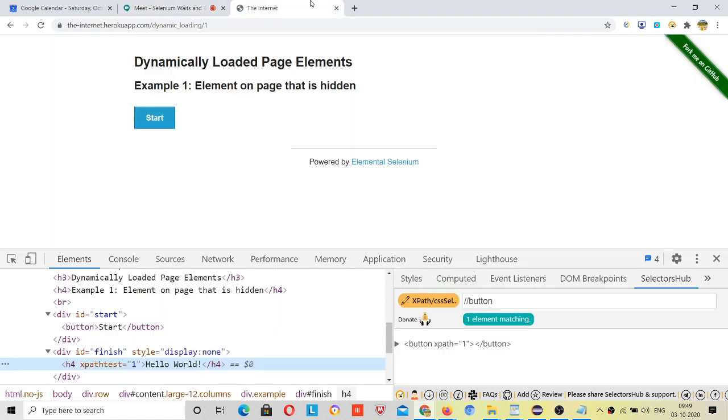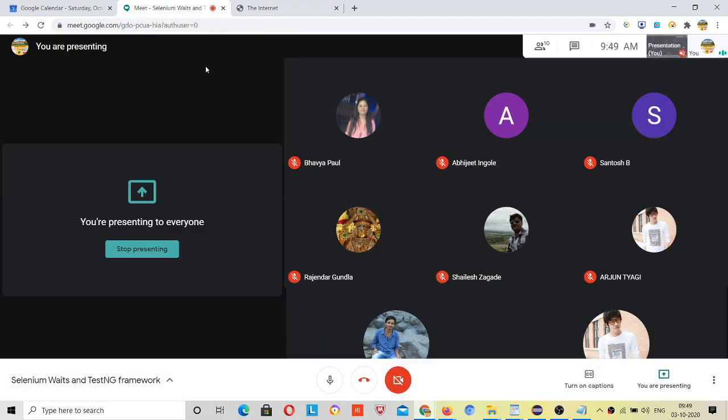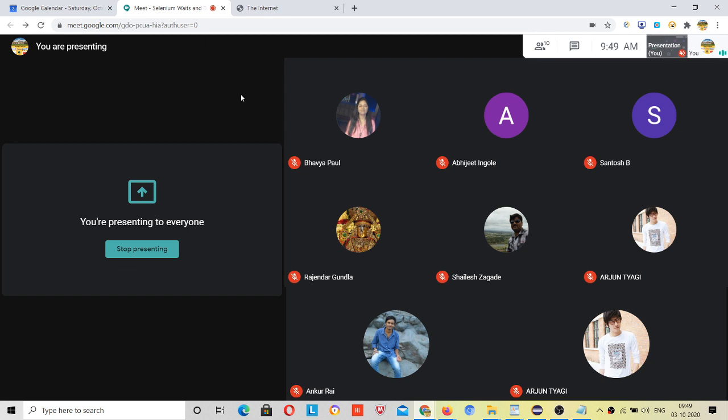It will try to check every 20 milliseconds. But with fluent wait, you can give some time interval at which it pushes for getting that element. So suppose you give 3 seconds, then after 3 seconds it will try to get it. Suppose your wait time is 1 minute, then every 3 seconds it will push to get that element, right? So this is the basic difference.